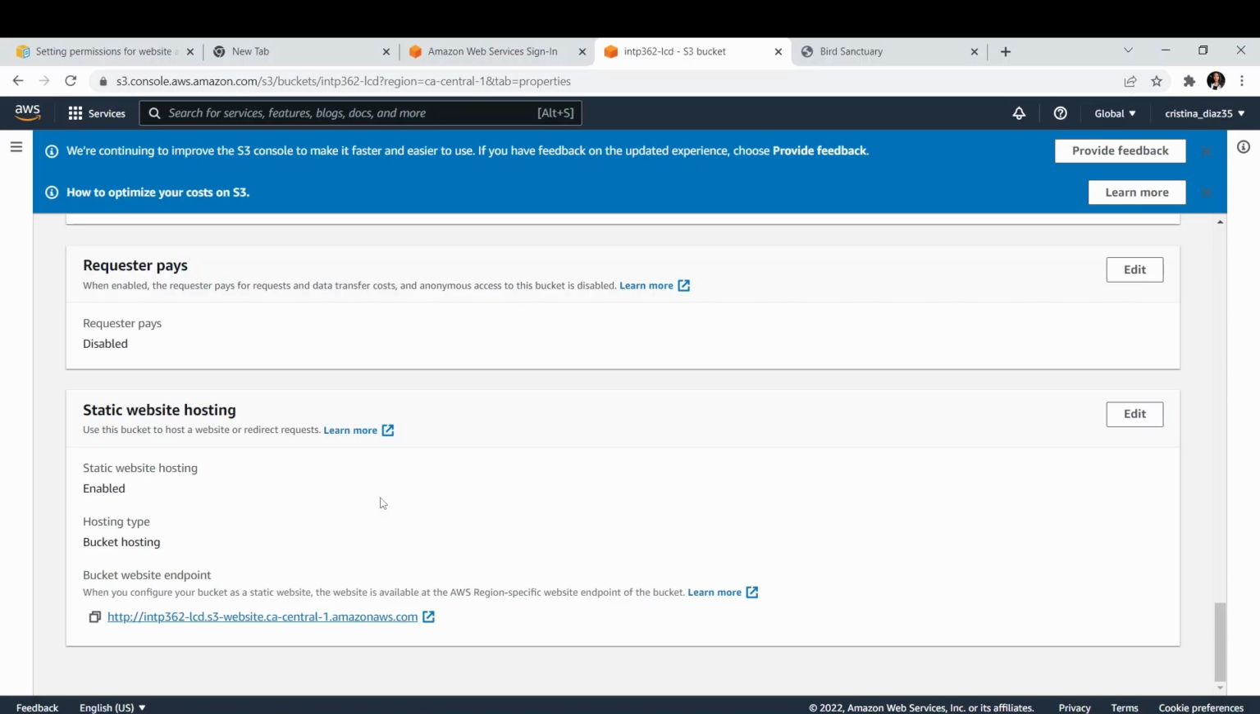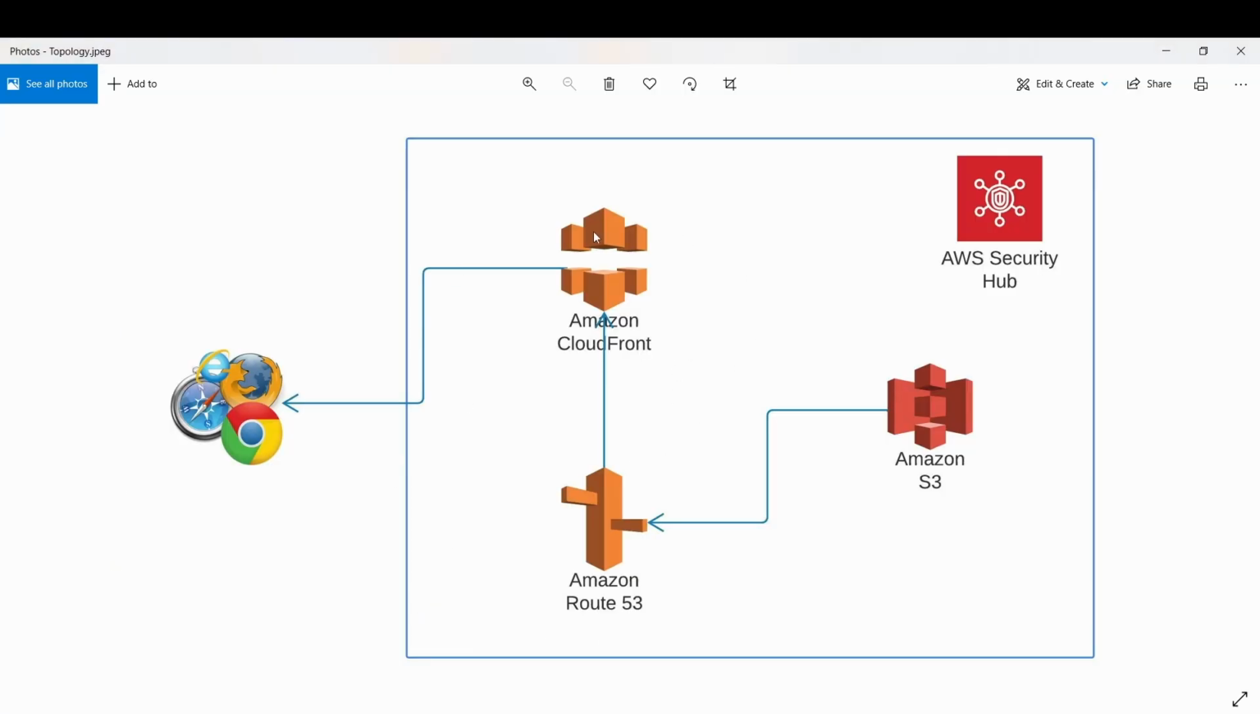So now that we have set up S3 and Route 53, in the next video, we are going to talk about CloudFront, which we will use to deliver our content globally, and then AWS Security Hub to monitor the